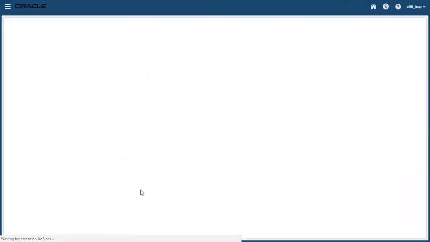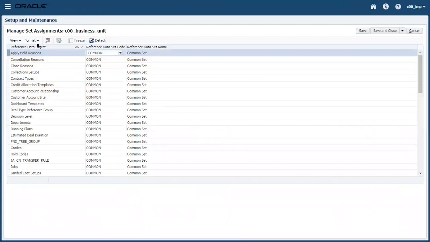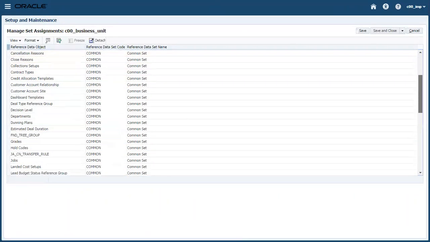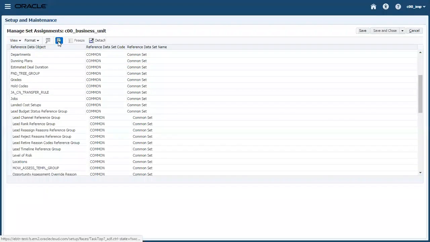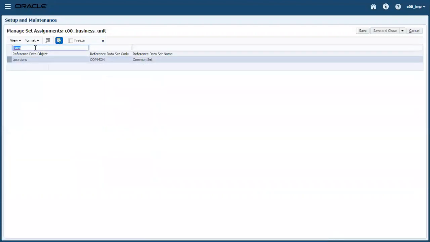So the business unit has got a lot of reference data set objects. Out of which, we have got only two objects for SCM. Fine, go down. One is locations. So we go there and query this. Go to query mode, and I will bring it to locations. So this is a reference data object which will be used by SCM, and then one is